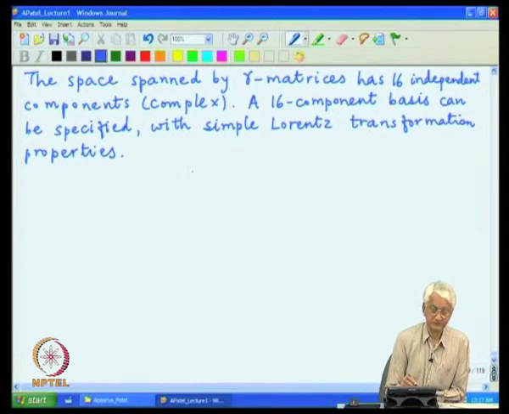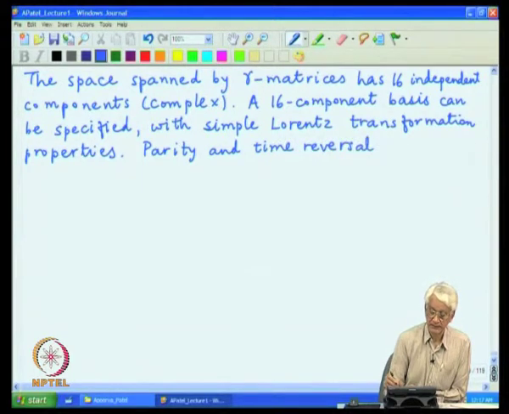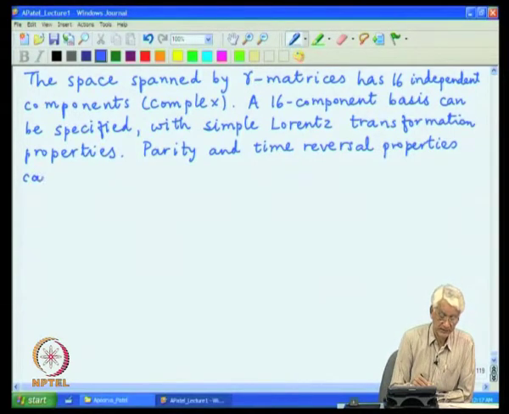In the case of Dirac equation, we have already seen what these discrete operations of parity and time reversal are, and those operators